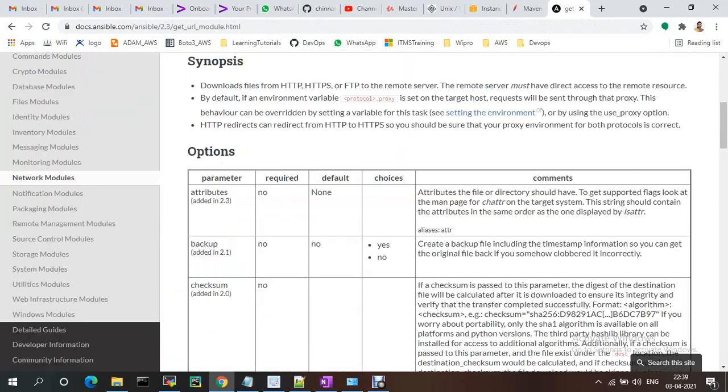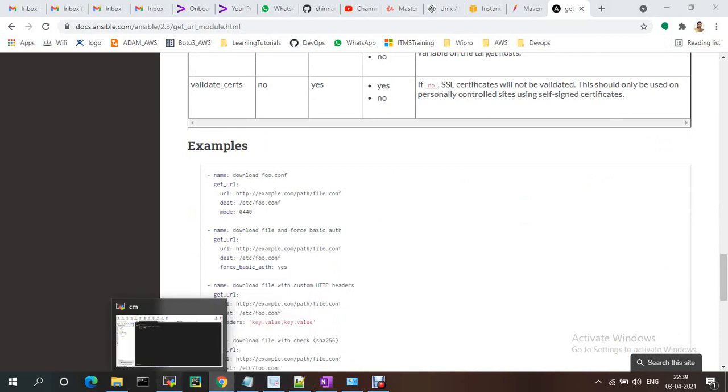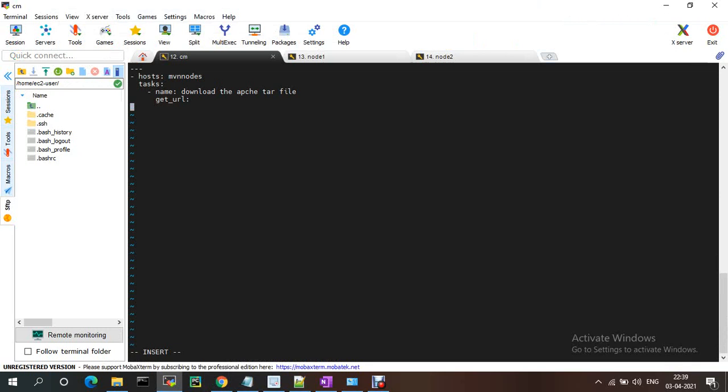For this module, see the url, destination, and mode. I'm pasting the URL and keeping the destination as the opt folder.